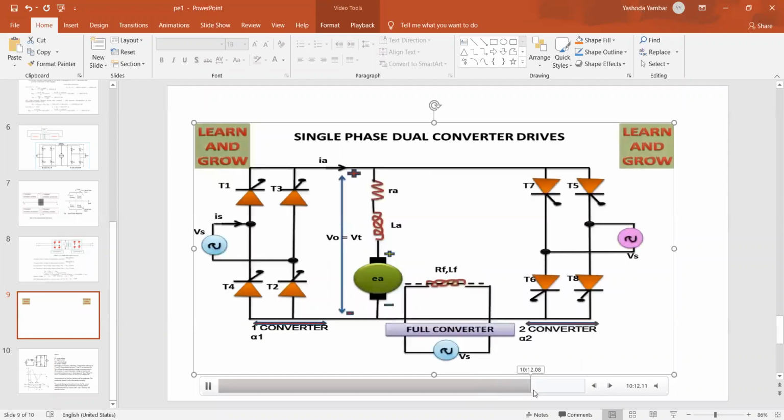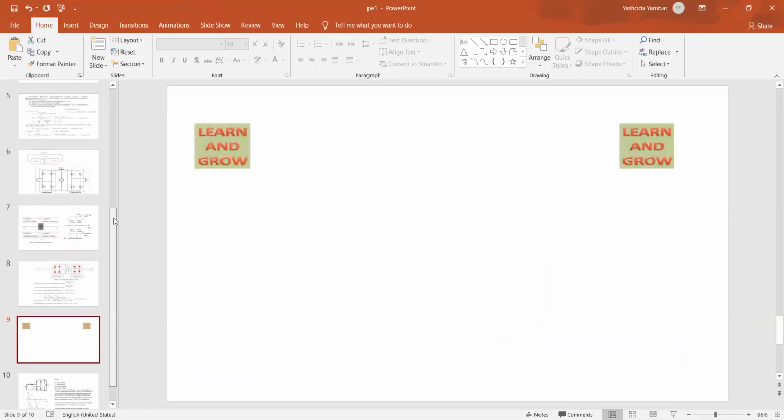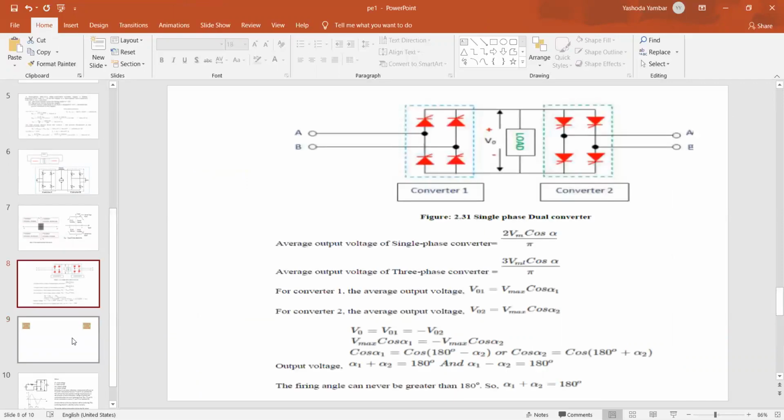Last case, only you can show that 4-quadrant diagram and simple derivation, but in practical application we are showing this. So the dual converter will make the motor or machine operate as a motor as well as a generator, with firing angles alpha less than 90 and greater than 90. You can check here. So it is a 4-quadrant motor. Similarly, we have the 3-phase dual converter. You can draw a similar diagram with respect to the 3-phase.